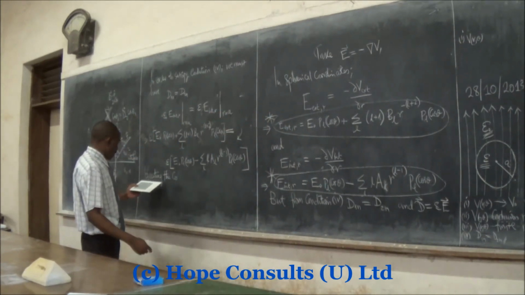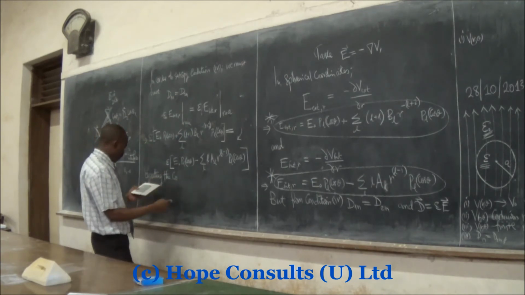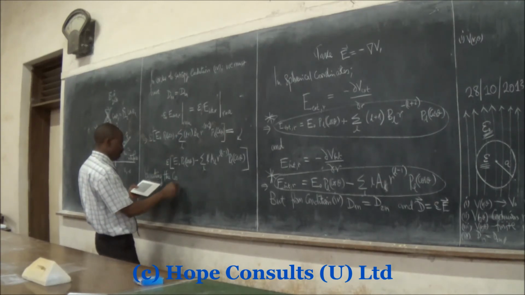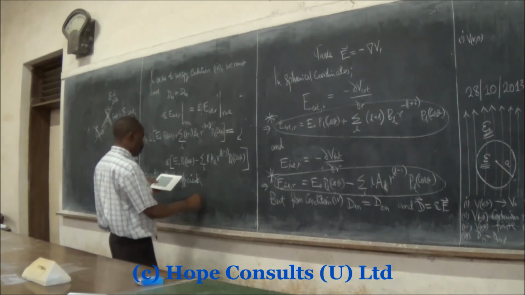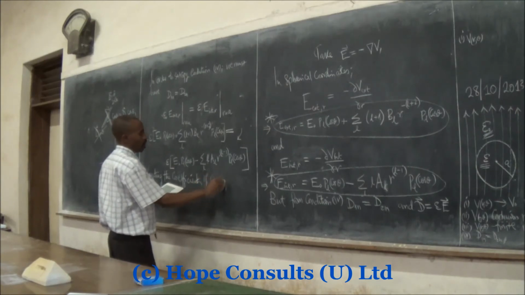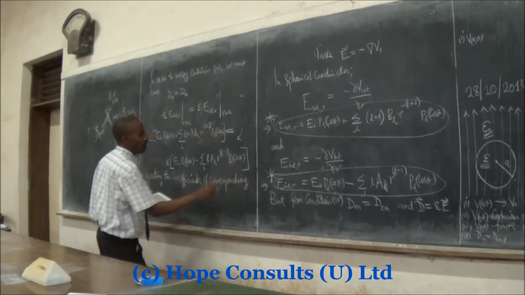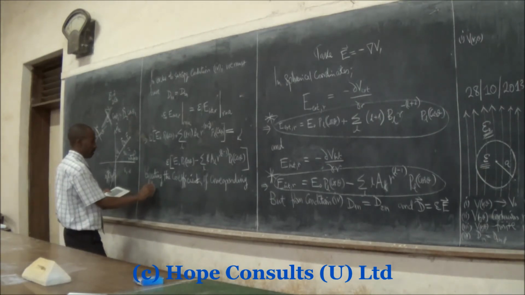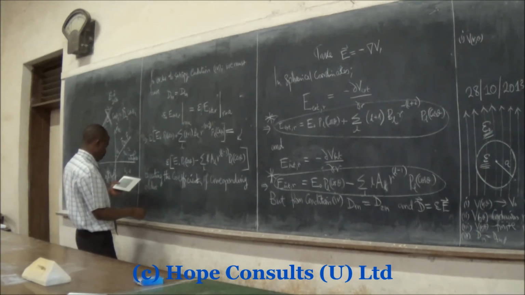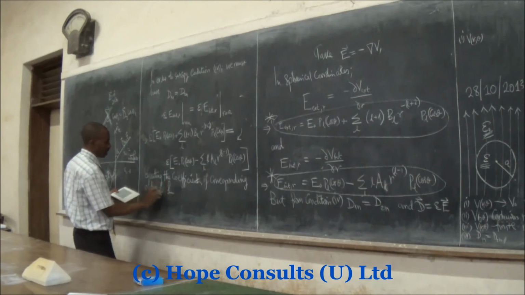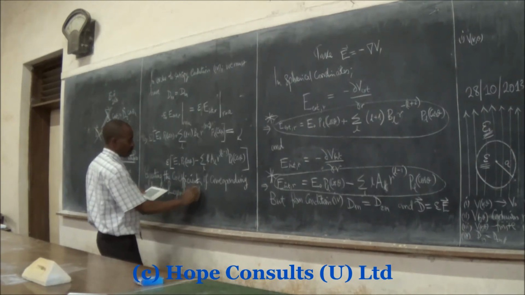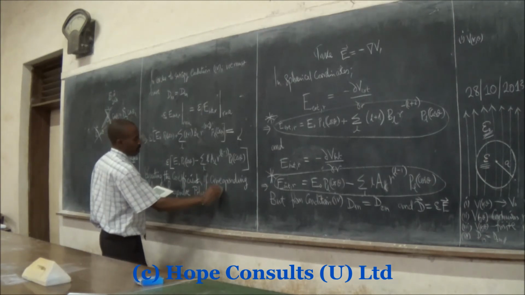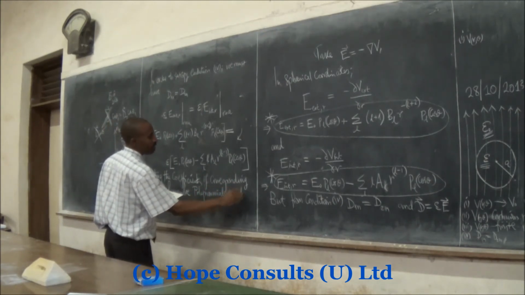So now, if we equate the coefficients of corresponding powers, I don't know simply what it's called, of our Legendre polynomials, then we obtain,